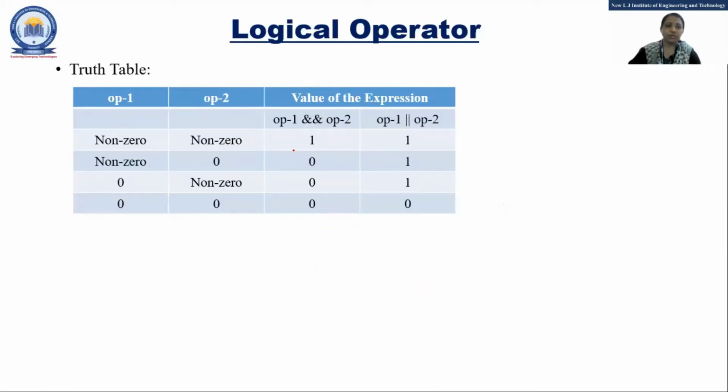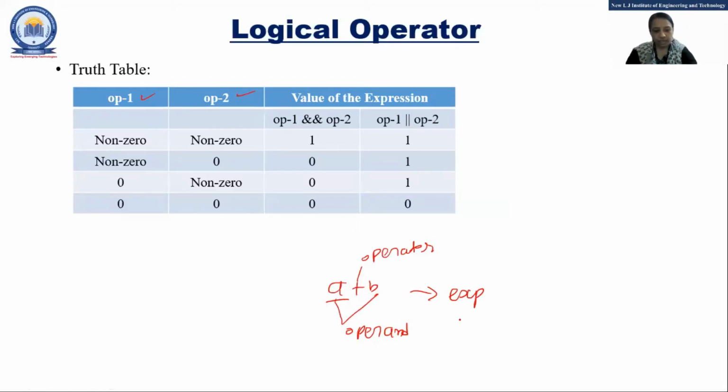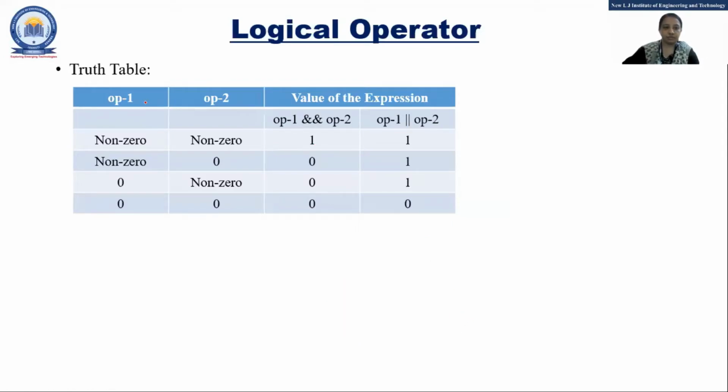That you normally know, right? Suppose there is an operand 1 and operand 2. What is an operand? I told you in the second or third lecture. Suppose I write A plus B. Here A and B are called operands, and this plus is called the operator. By the combination of operator and operand, it makes an expression.